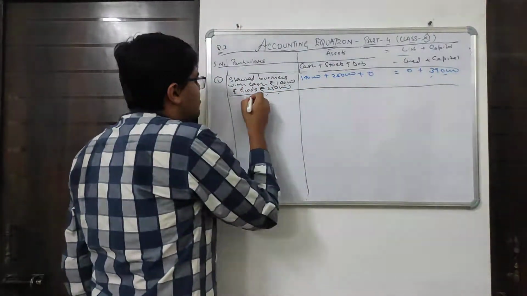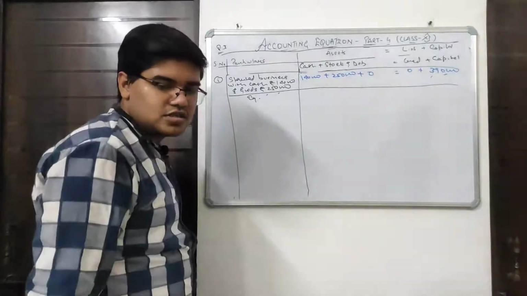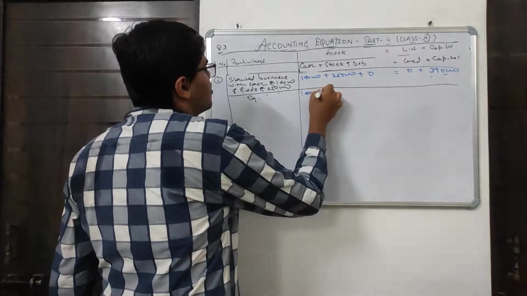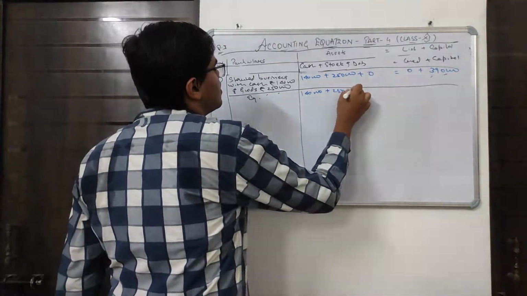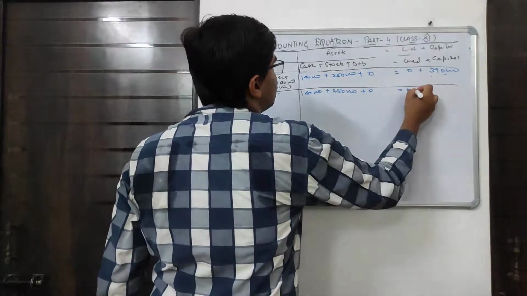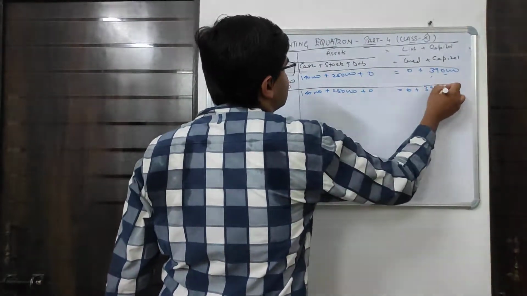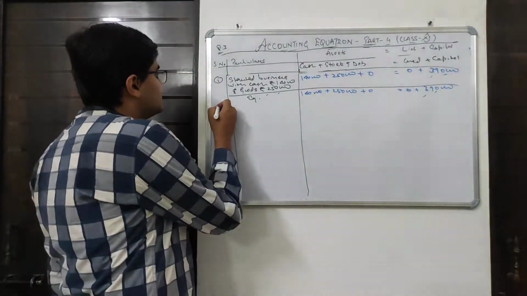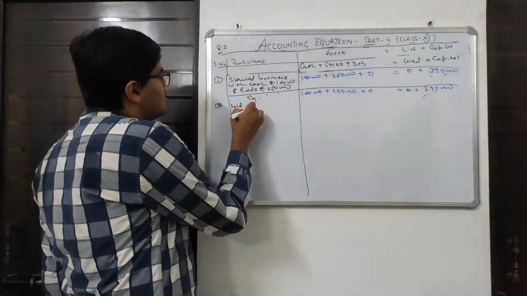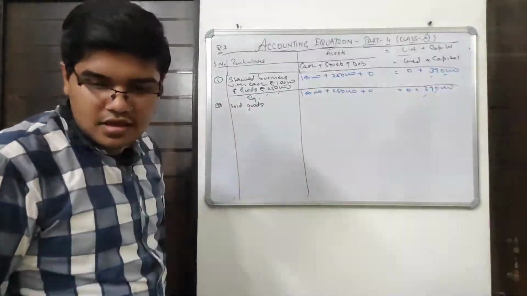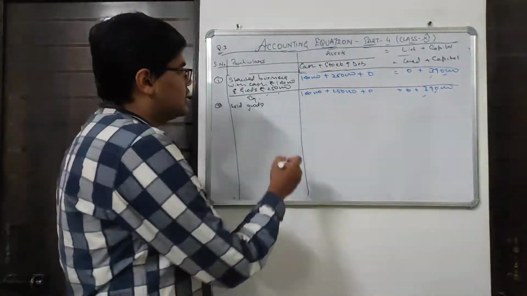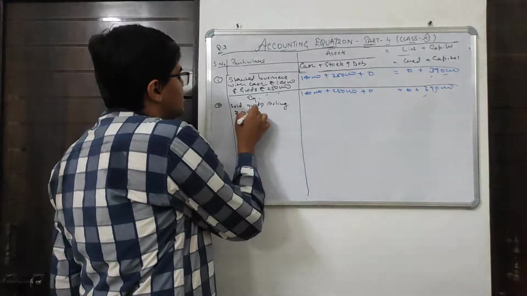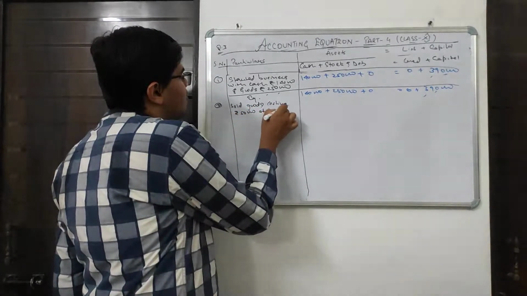But before that, we have to frame an equation and check whether it tallies or not. 1,40,000 plus 2,50,000 plus 0 plus 3,90,000. Okay, hope it is clear to you. Moving on to the second transaction. Second transaction is: sold goods costing rupees 50,000